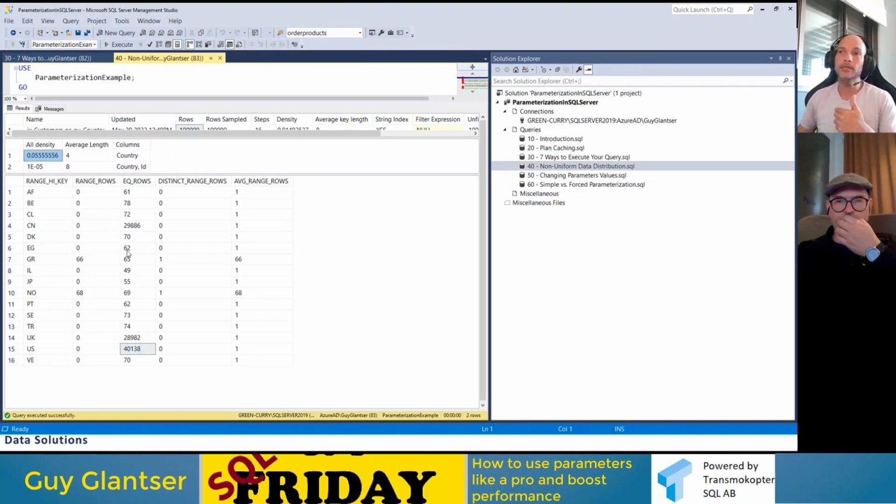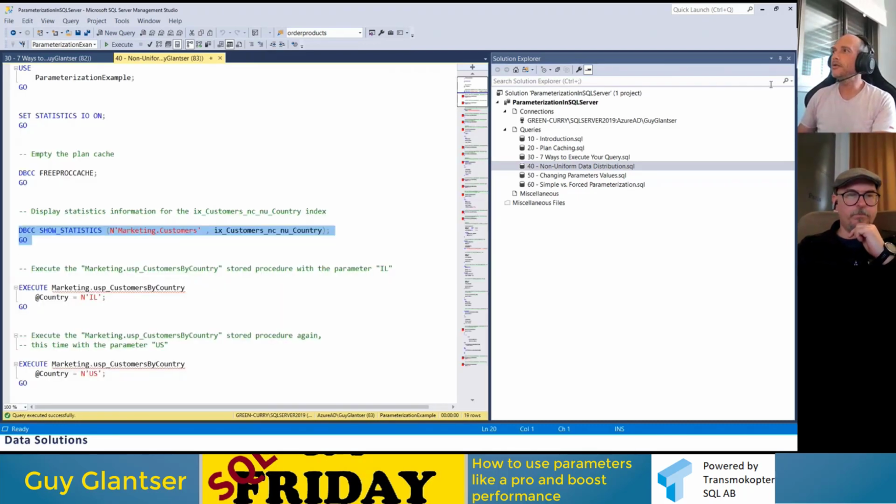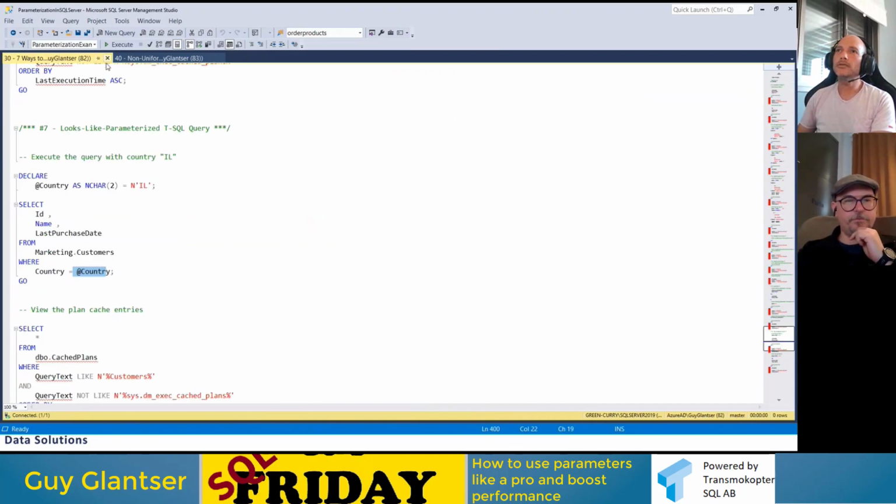Of course, in our example, it's not this and not that. We either have very small countries or very big countries, and we don't have this value in the middle, so it's a very wrong estimation. In reality, we have all kinds of distributions and all kinds of wrong estimations. Okay, but this is where it comes from. Let's move on. Close this one.